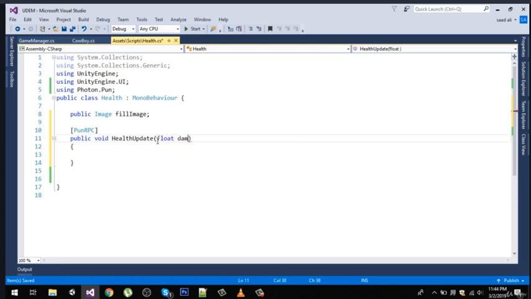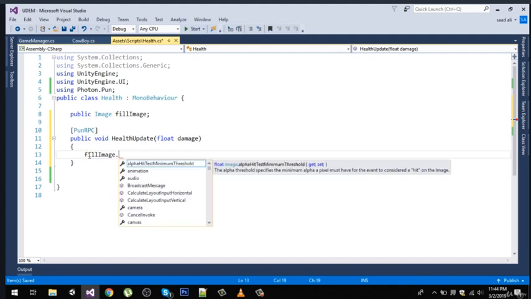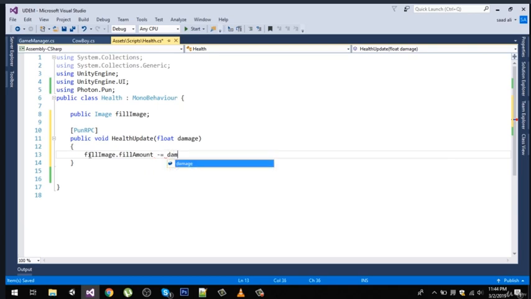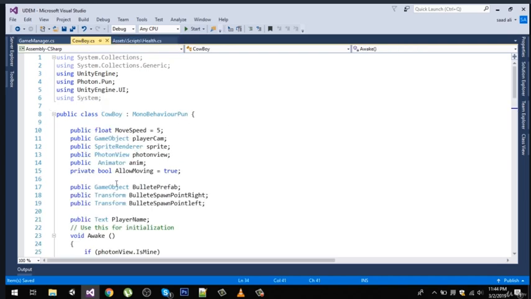So float damage and fillImage.fillAmount -= damage. So we are subtracting the damage, and we are going to call this health update from our